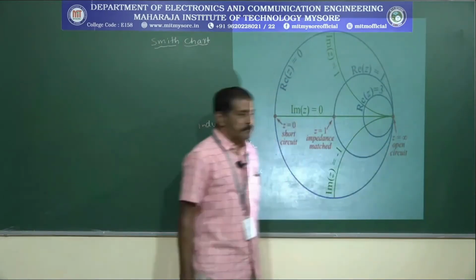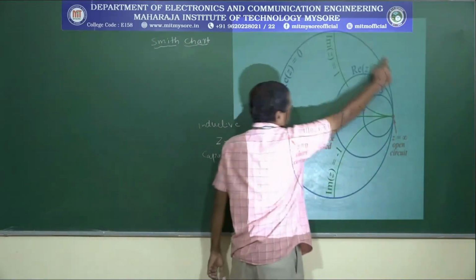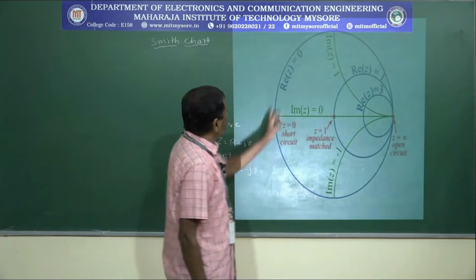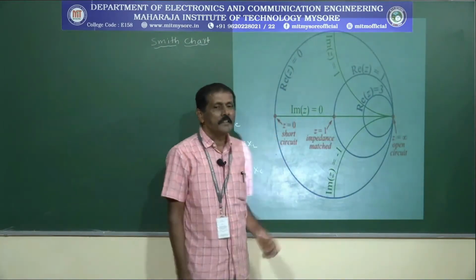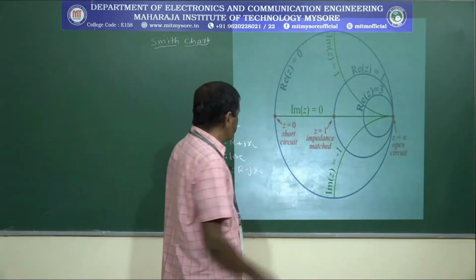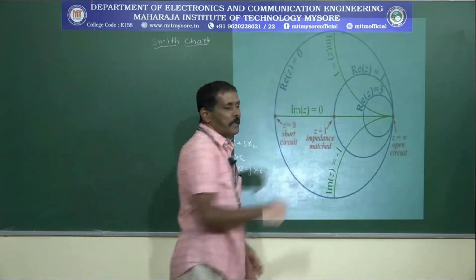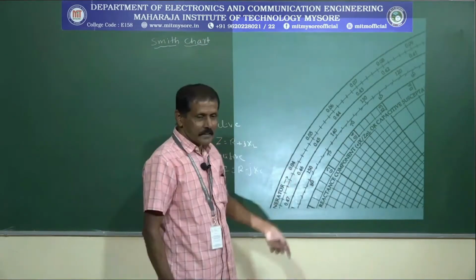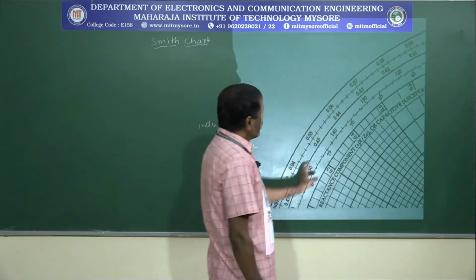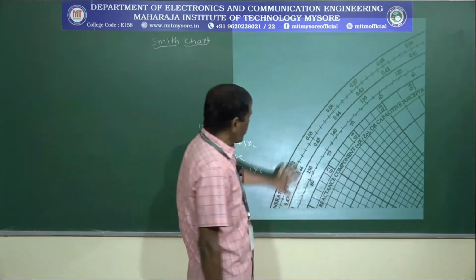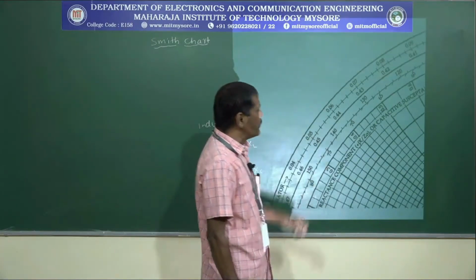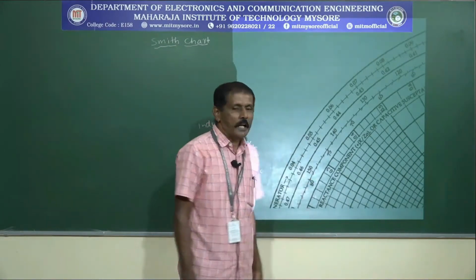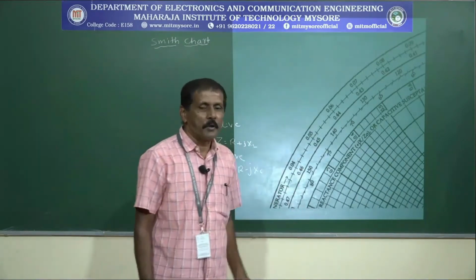Closely, if you observe this particular Smith chart, circles are there: 1, 2, 3, 4, 5, 6 circles. Now nothing is visible for you, so let us see the enlarged view of the Smith chart, that is, what things have been marked on it. On the circumference of the Smith chart, the things marked are shown here, and these are the values which we use when analyzing the transmission line with the help of the Smith chart. Let us see one more enlarged view.